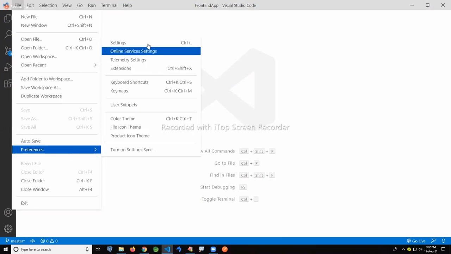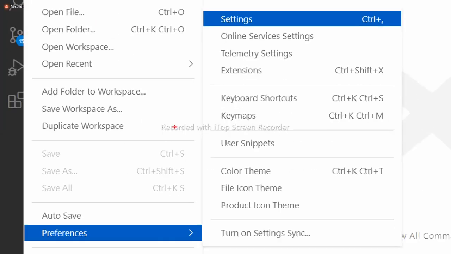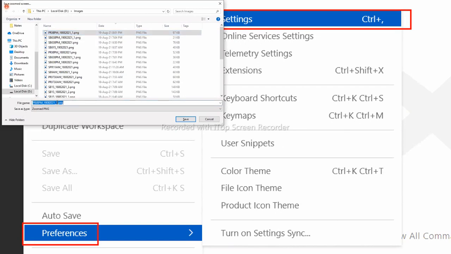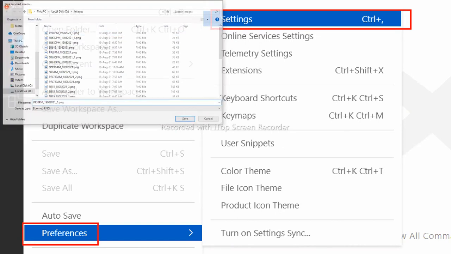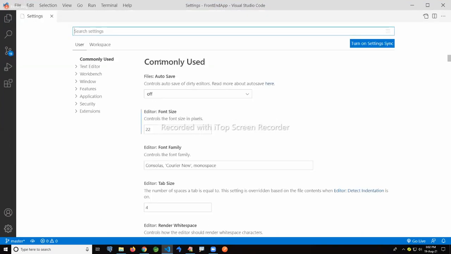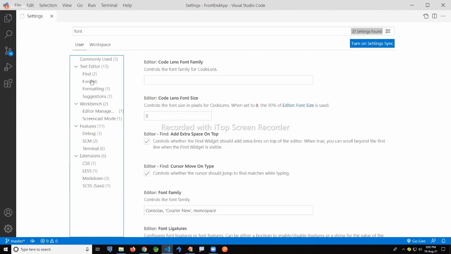Now font setup, I'm just doing here. Preferences and go to settings. Now this time again go to preferences and settings. Once you go to settings, go to file, preferences, settings. For font adjustment, search with font and choose the font option.